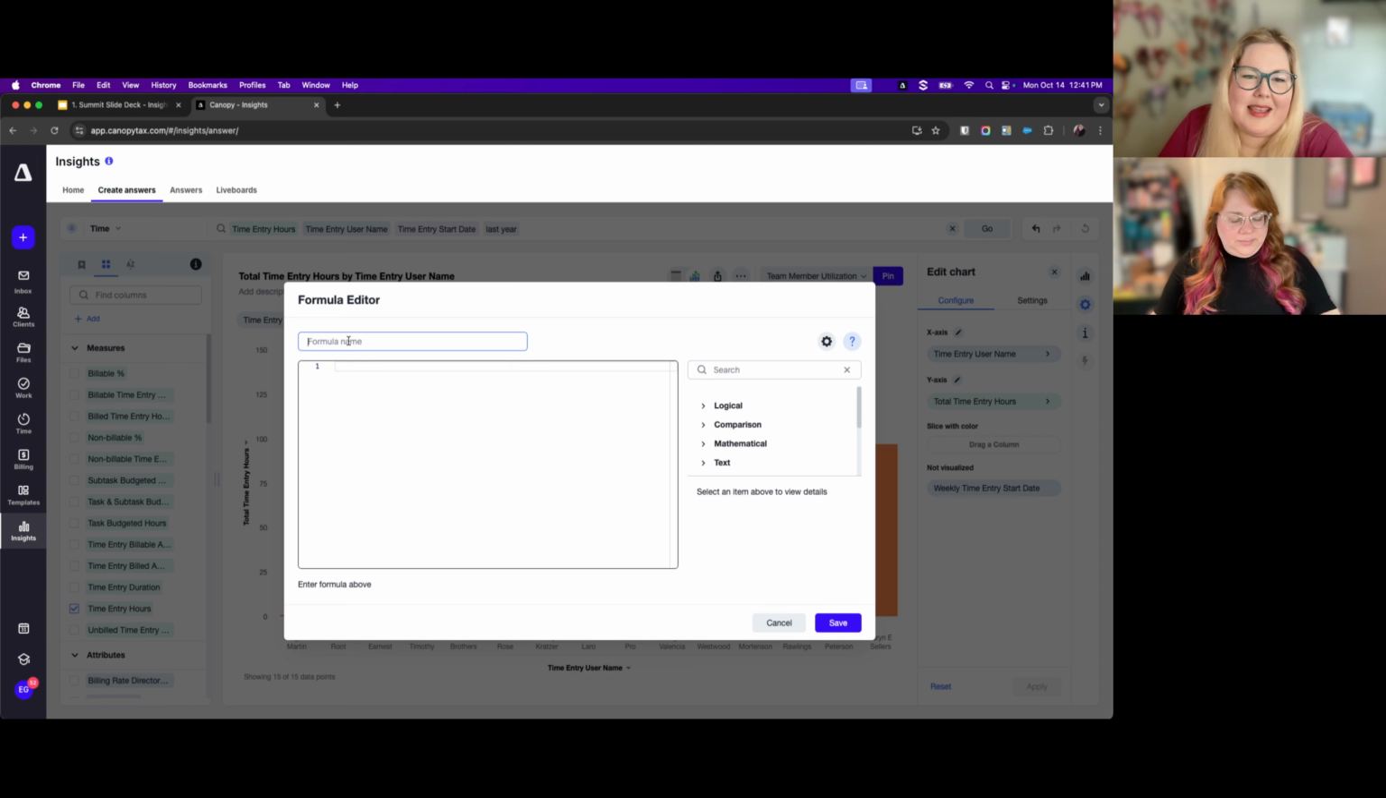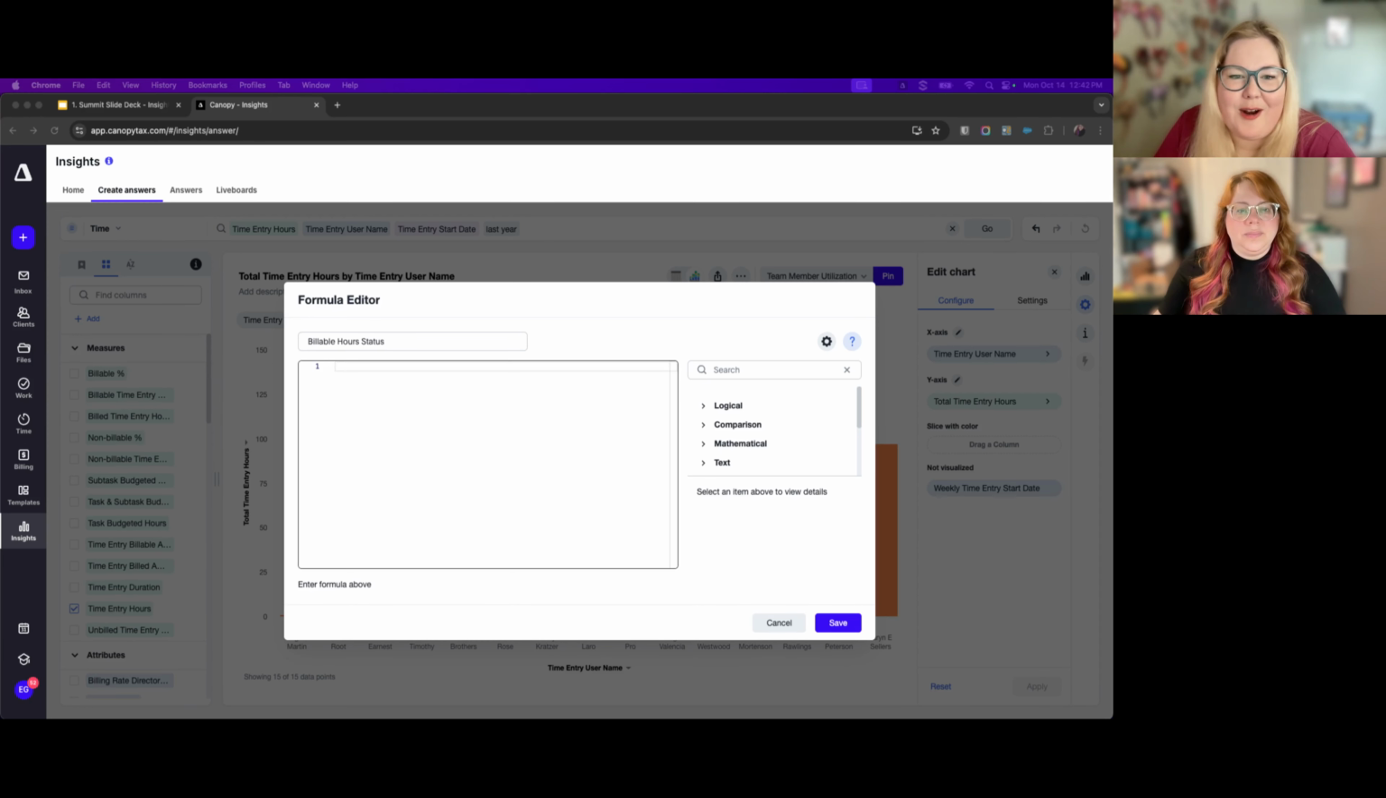You'll want to pick something that makes sense for the data you're calculating. In this case, we'll call our formula billable hours status, since we're looking for a status update of what time is billable or not. Next, we can create our formula. But before we do, here's another great best practice. If you're not sure where to start,